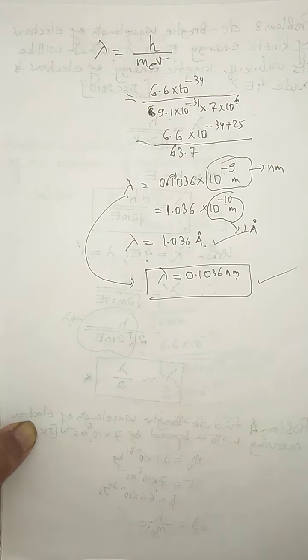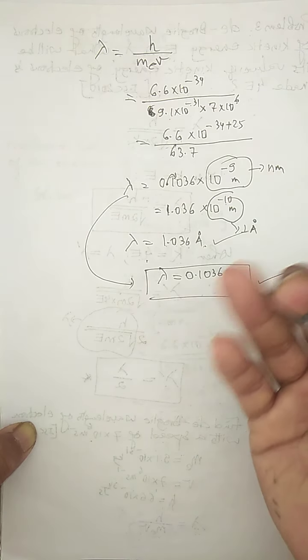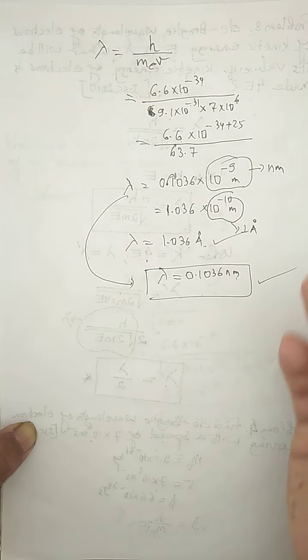So I have explained in detail problem number 4, a simple numerical based on measuring the de Broglie wavelength of an electron. Children, the problems which I solved are the type of problems basically asked in the ISC examination, which are simple numerical problems. So with this, the chapter matter waves has been completed also. Thank you so much.